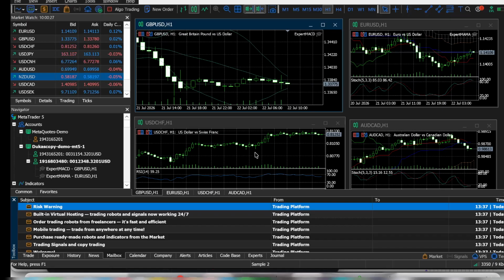Remember, while these steps might seem straightforward, the accuracy of information entry cannot be overemphasized. If you encounter any issues, double-check each piece of information you've entered to ensure there are no errors. And that's it. You're now ready to continue your trading activities seamlessly, enjoying all the features and tools MetaTrader 5 has to offer from your new